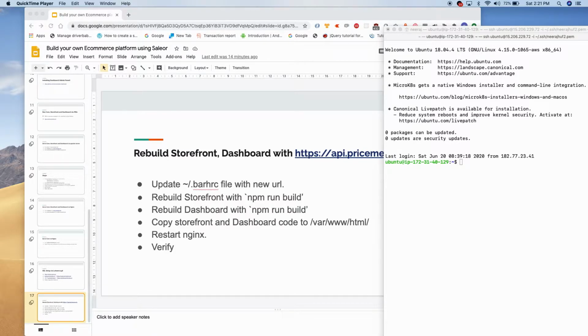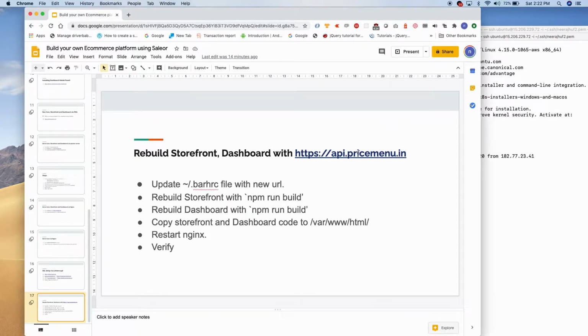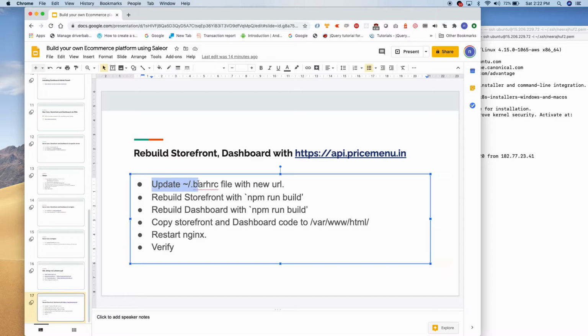Hello friends, welcome. In this video, we are going to rebuild our storefront and dashboard using the HTTPS API URL, that is https://api.pricemenu.in. Here the steps which we are going to perform is: first we are going to update our bash RC